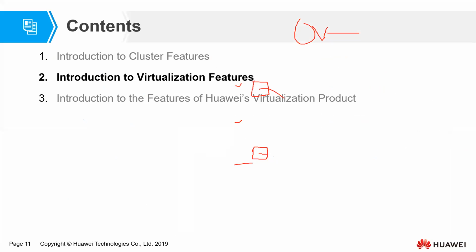Okay, so let us also try and look at the virtualization features of our virtual machines. We have been looking at the virtualization features inside our clusters, but now let us also look at the benefits. If you use virtualization, how are we going to benefit from our virtual machines? Here we are focusing at the virtual machine. Here we are focusing at the clusters, our group of hosts put together to avail resources